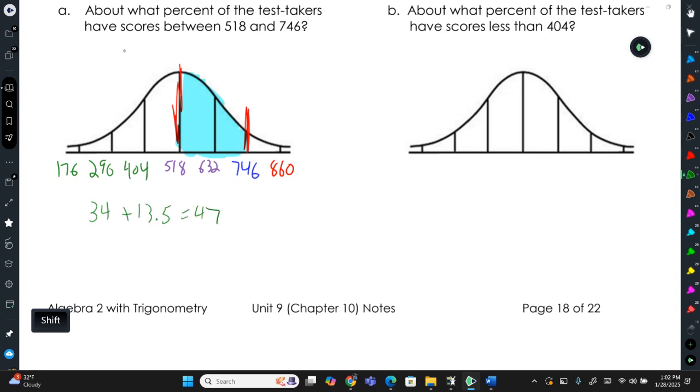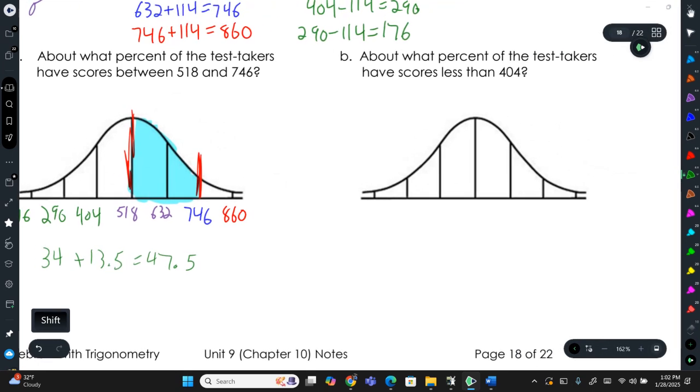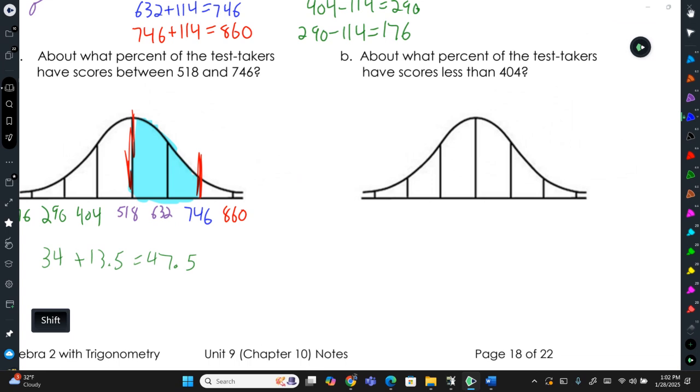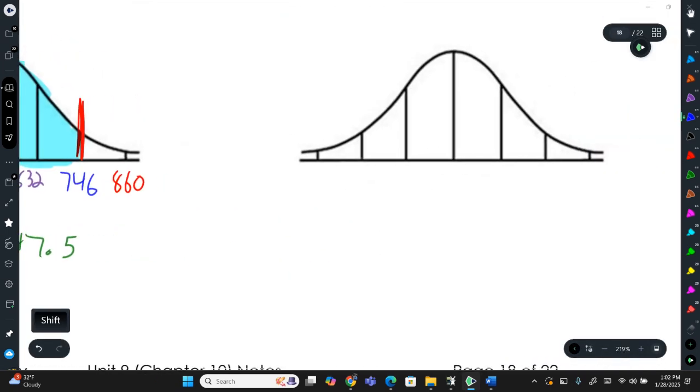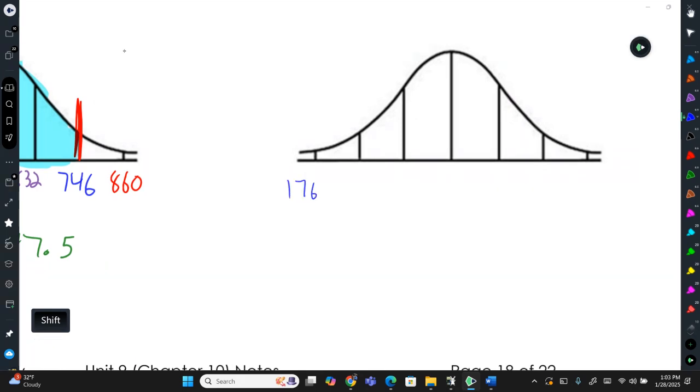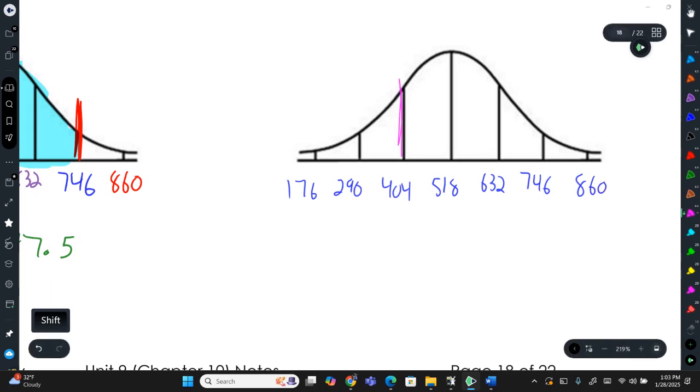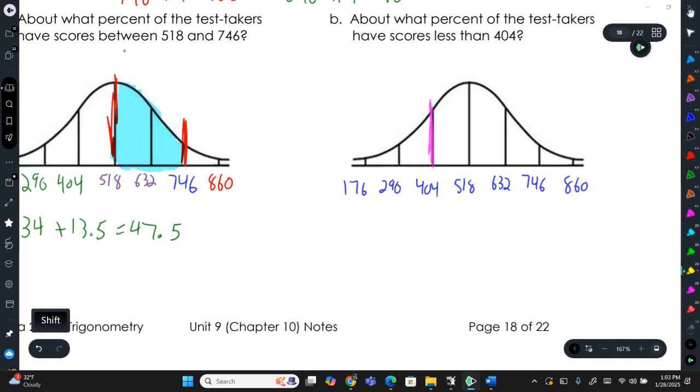to get 47.5. Now letter B says what percent of test takers have scores less than 404. So I'm going to use the same numbers because it's the same problem here. 176, 290, 404, 518, 632, 746, 860. So here's 404, and I want the percent of scores that are less than that, so I want this part